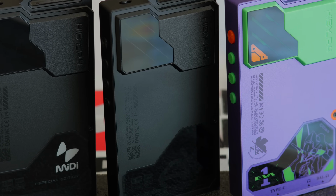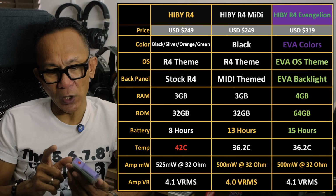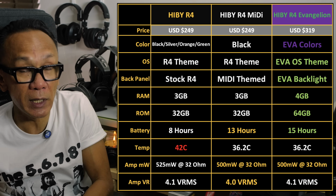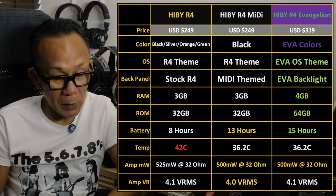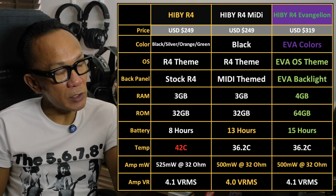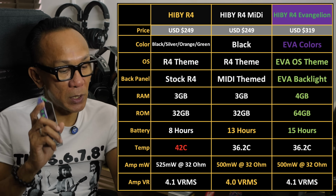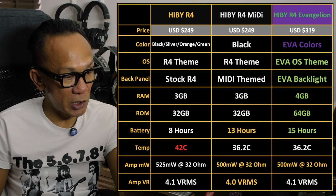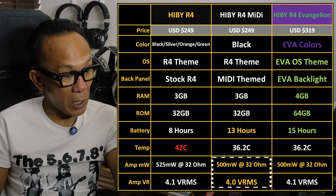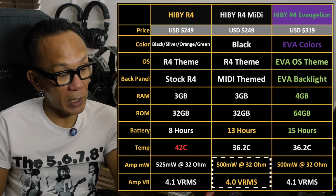In R4, you might need to reduce the volume as low as perhaps 20 out of 100, but now with this Evangelion, there is better synergy with highly sensitive IEM. And I am happy to say that HIBY have decided to opt for the same approach with this MiDi version here, because you would notice this MiDi version has a similar specification to the original HIBY R4, with the exception that they changed the milliwatt of the delivery and also the power delivery of the voltage. And now it runs pretty much a similar milliwatt to this, but also it has a lower voltage at 4.0